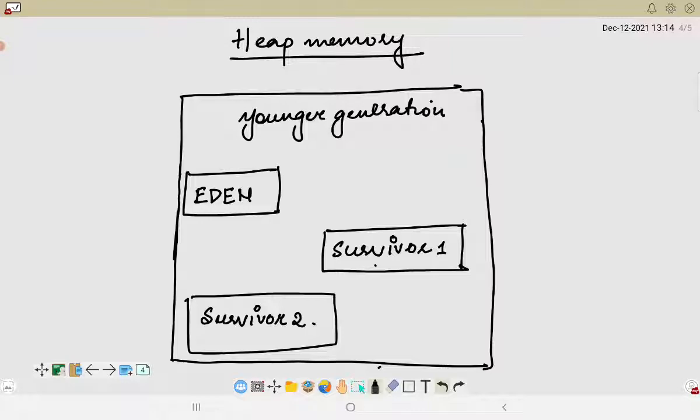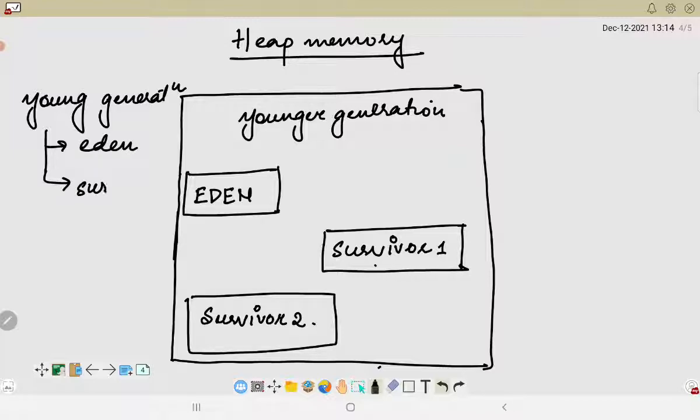So let us first write down the different components or different parts of the heap structure. We have a young generation, and this young generation is divided into Eden and the survivor space.